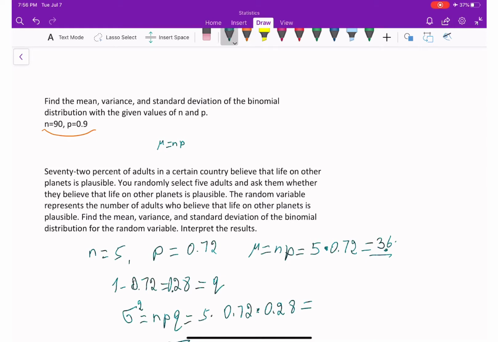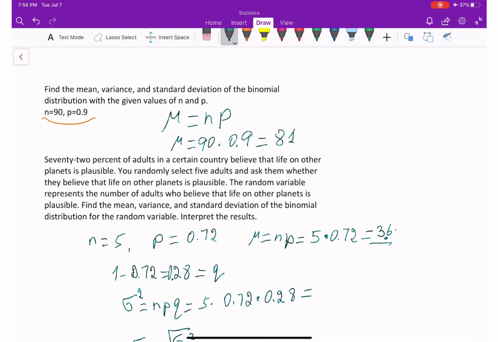All right. So mu, which is a mean, let's start with mean. Mu is equal n times p, which is going to be equal 90 times 0.9. Okay, it's going to be equal 81. Next, to find